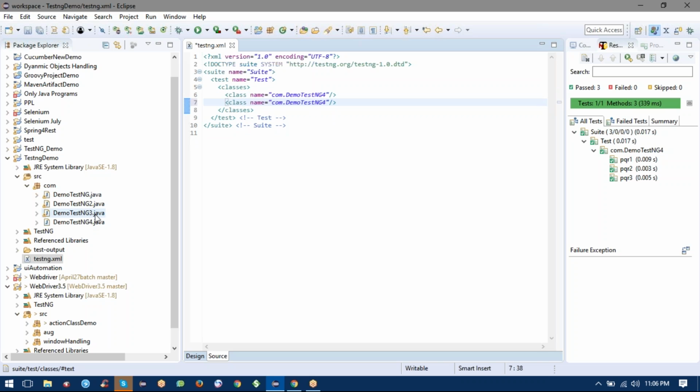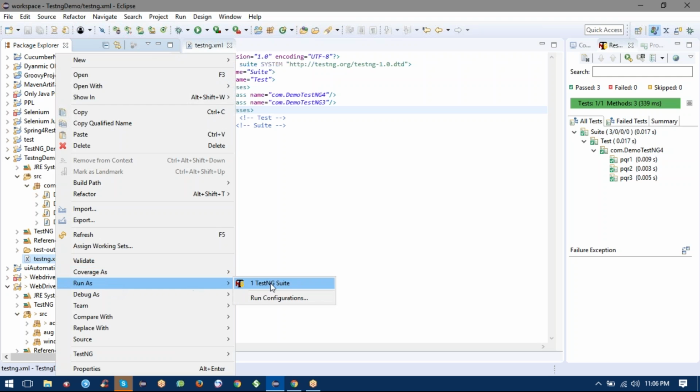And your file name is testng3. So order of configuration matters, because first you are calling testng4, so it will call testng4, and after that it will call testng3. So if you execute this, right click, run as suite,